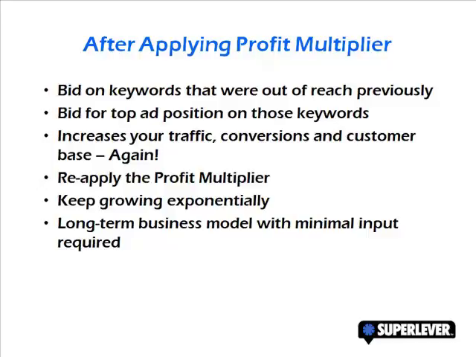Even better, to boost profits even further, you can now bid on keywords that were out of your reach before, but now you've got the quality score pool and the funds to not only bid on those keywords, but buy top spot if you want it. This in turn increases your traffic, conversions, and customer base, so you can apply the profit multiplier again and keep growing exponentially. It never ends, so you've got a long-term business model that will keep growing and profiting with minimal